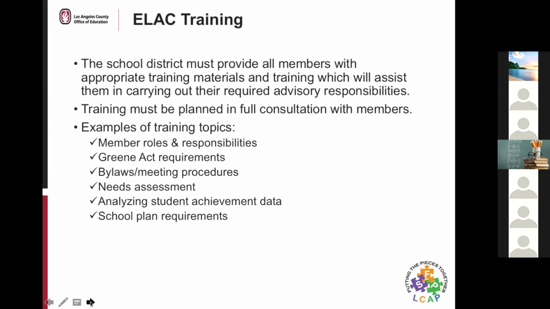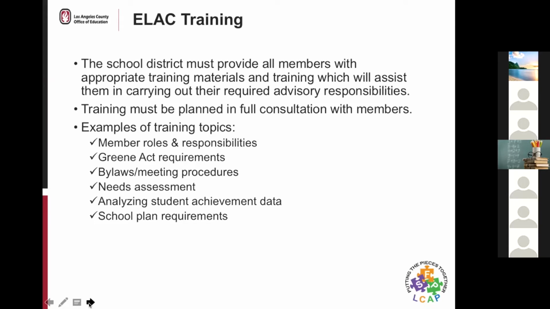ELAC members must receive training materials and training to assist them in carrying out their required advisory responsibilities. Training must be planned in full consultation with those committee members, which means that you should get input from the ELAC as to what training they need to be able to fulfill their responsibilities. They need to be trained on those roles and responsibilities, and they should also receive training on the Greene Act requirements, bylaws, and meeting procedures to ensure that members know how to conduct an effective meeting.